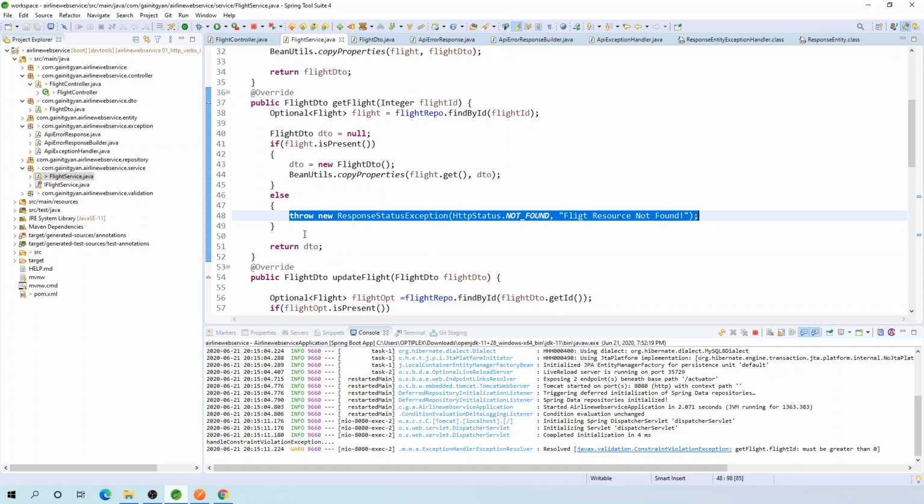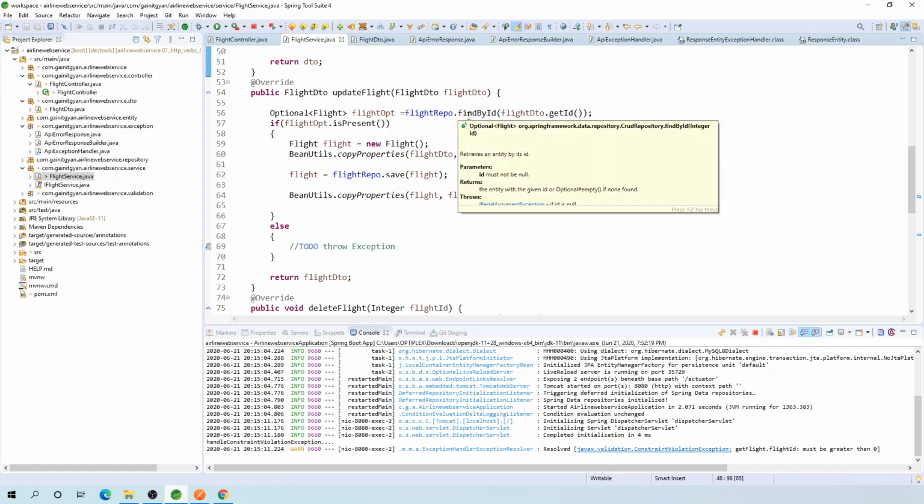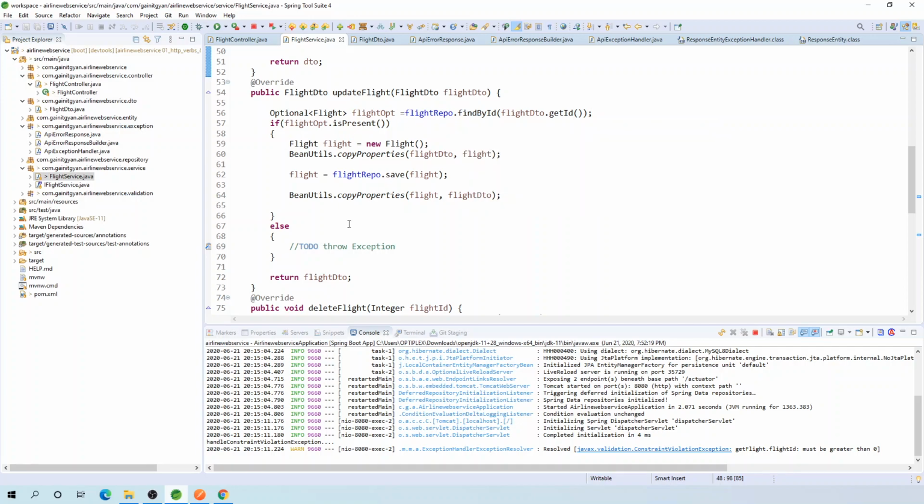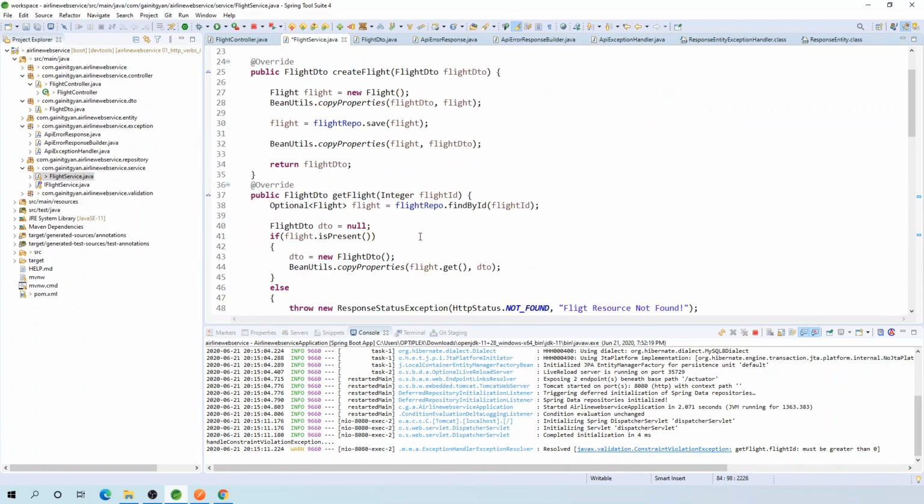Let's copy this. I think we also have somewhere to do, yes, where we are trying to update the flight record in the database. And first what we are doing is we are trying to search if the record exists in the database. If it exists, then we update, else we throw the exception. And the same thing, we also have delete flight. So let's put it here also. Perfect. So that's how we